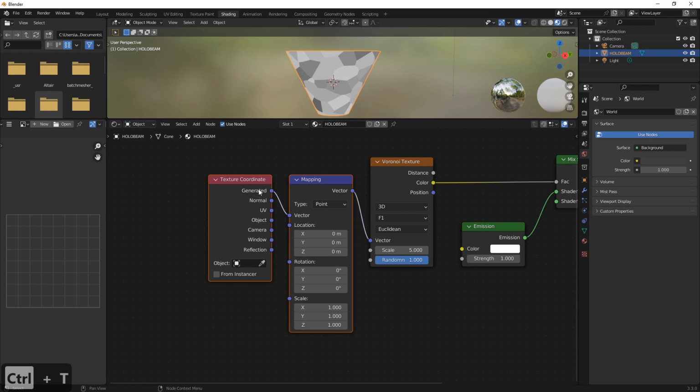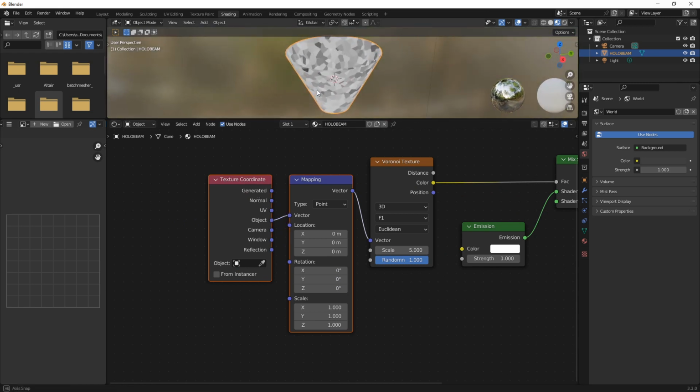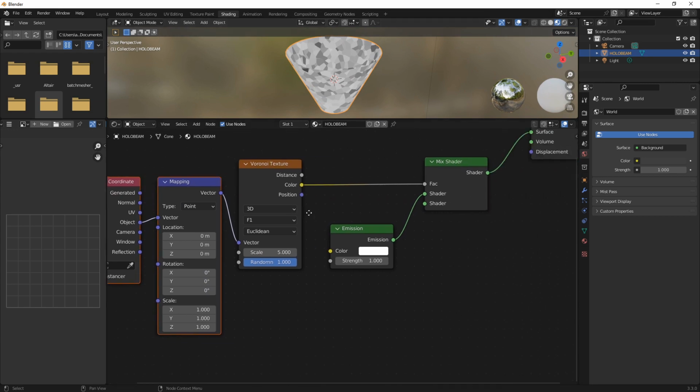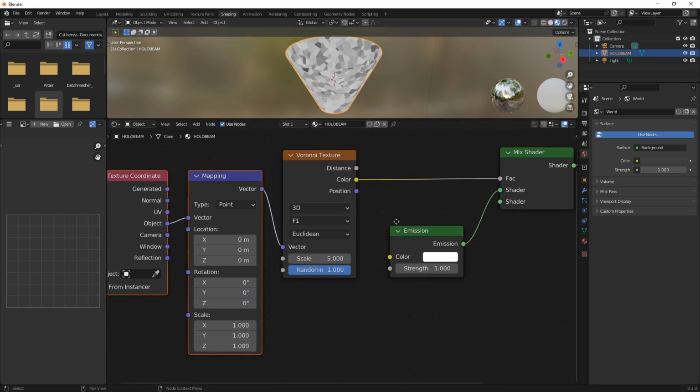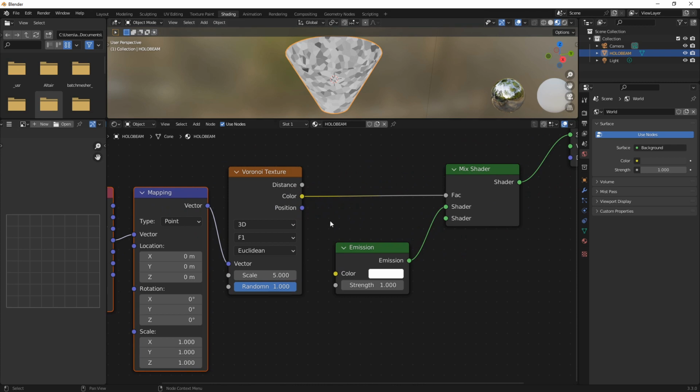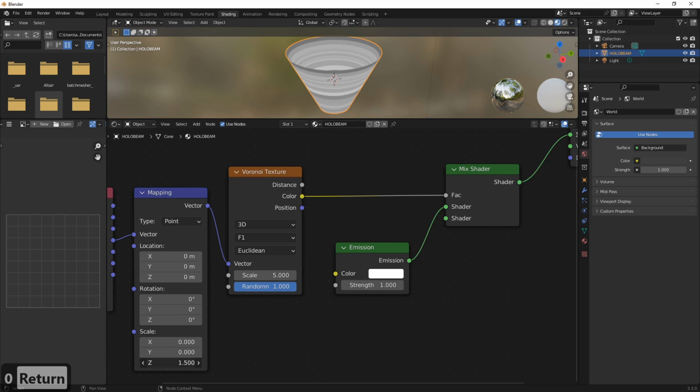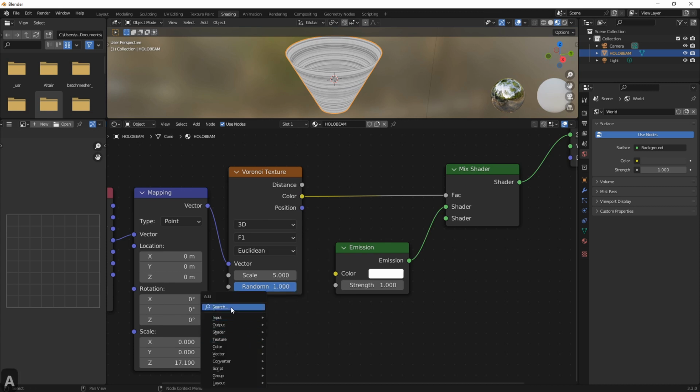Now we want to switch it from generated to object. Changes it ever so slightly, and then what we want to do is adjust this. So there's a couple of things we could do. Now, one approach, let's just get this right, yeah. One effect, which I think is really cool, is you can have it so it's this kind of spirally effect, and that's quite cool. What you want as well